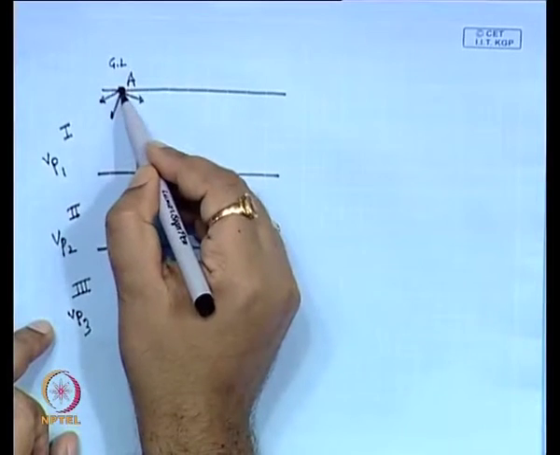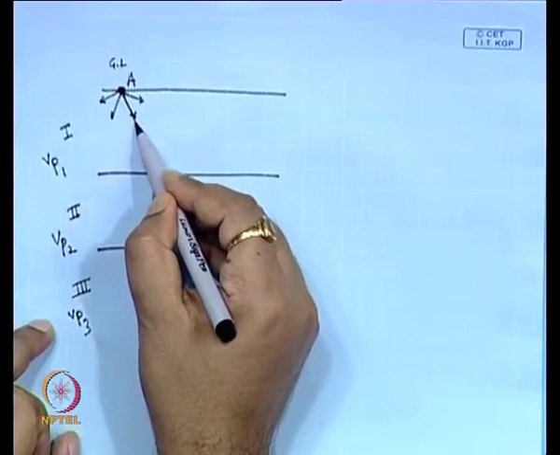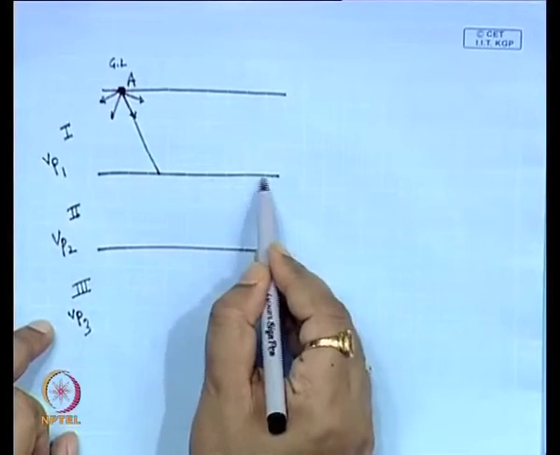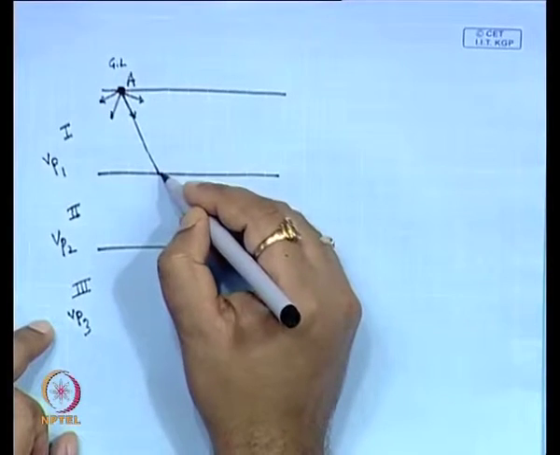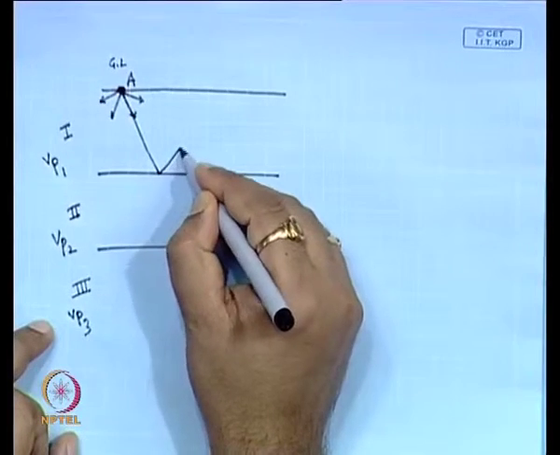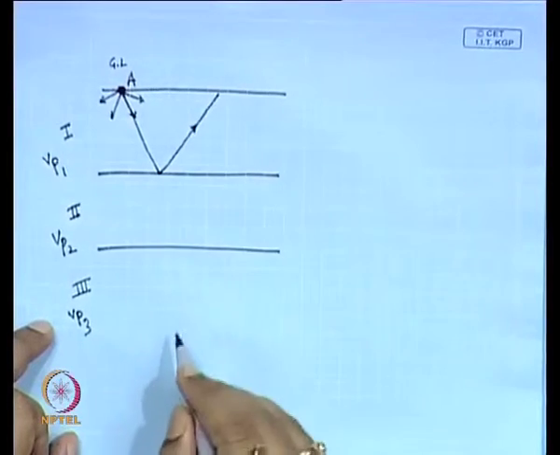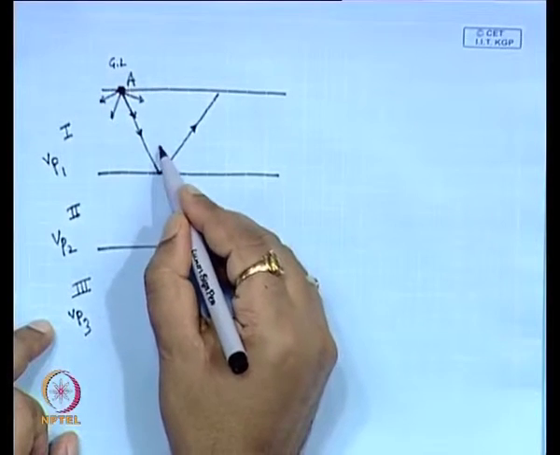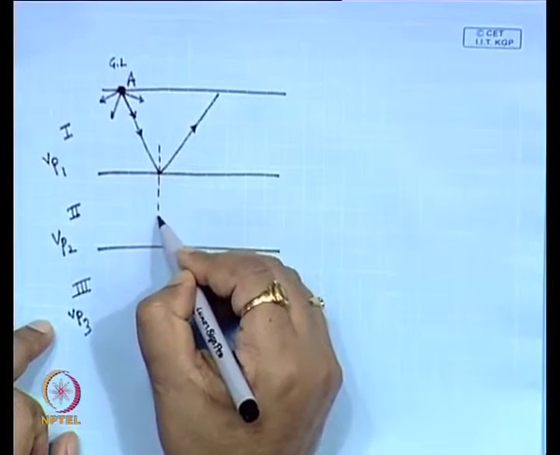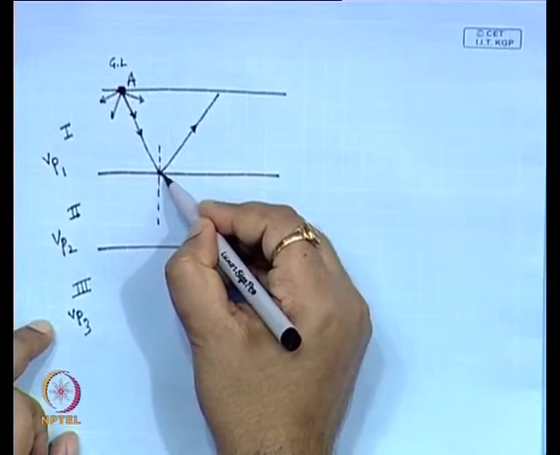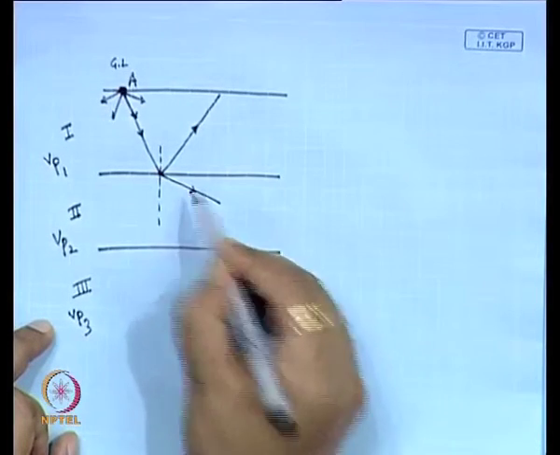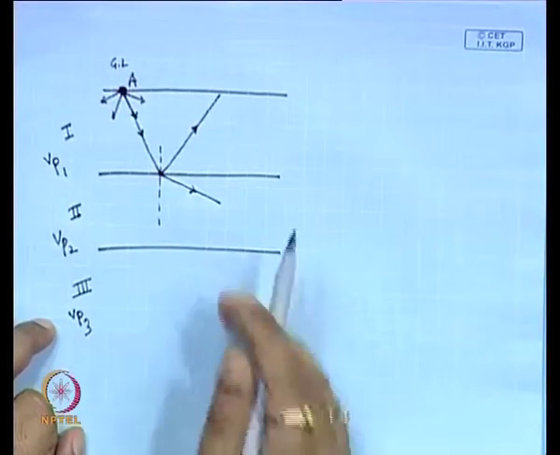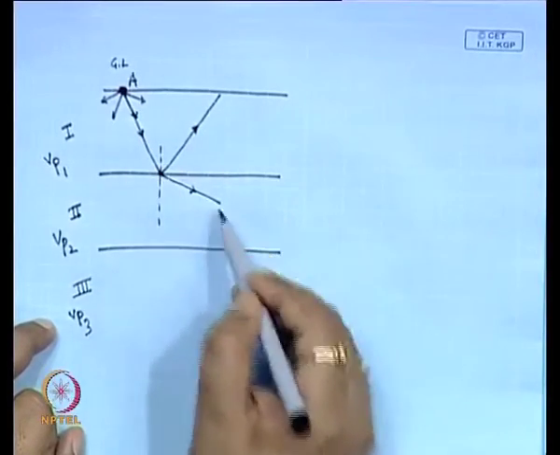Now, one wave that will travel, say suppose this is one wave that is traveling. This is the interface of the first and the second layer. So, first it may reflect in this fashion, it will travel like this, and some wave will refract also. So, this wave will refract. We are now first talking about the seismic refraction survey, so we will consider only this refraction part.